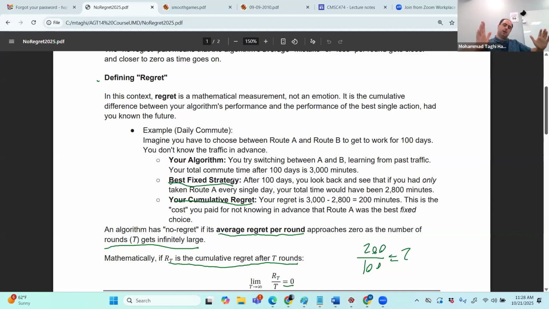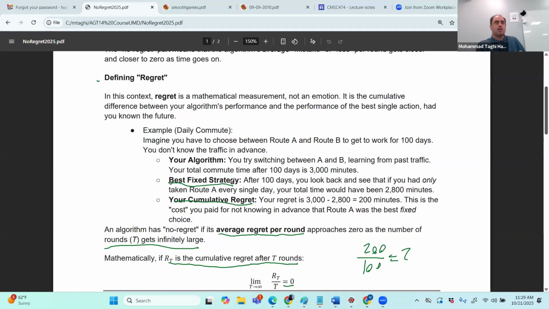So now, what do we see here? After 100 days, we see what happened, and we say, okay, if you take A, it was this. If you took B, we will compare. However, the optimum can be better than just fixing A or B, because the optimum could also alternate between them. However, this is the issue. When we consider this kind of thing, this is an online algorithm. What's the meaning of that? Each day you are taking a different action, and based on this action, you will see some regret.